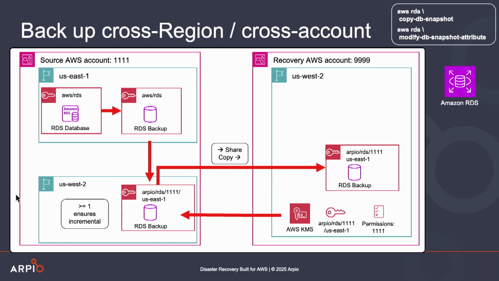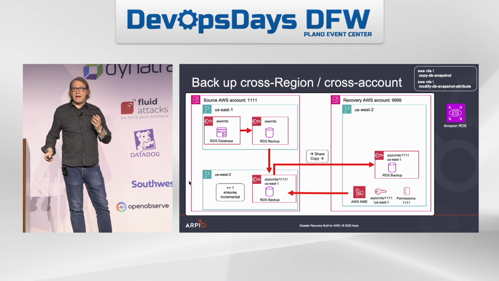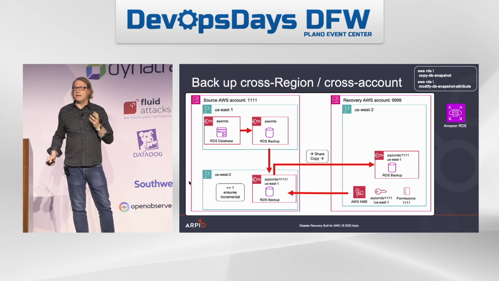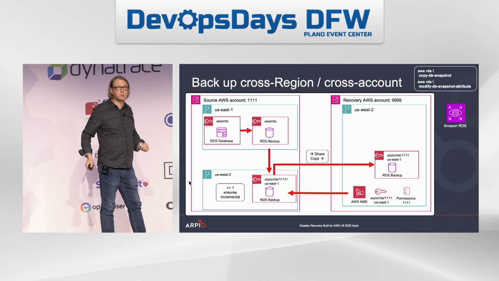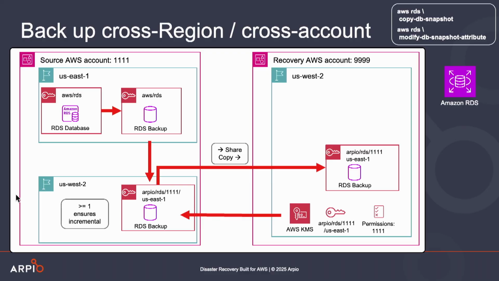You see the commands in the upper right-hand corner of the screen? AWS gives you powerful tools. It gives you the ability to copy snapshots, it gives you the ability to encrypt them, it gives you the ability to share them. So I'm just making use of these tools that AWS has given us to now copy this. Now we have an encrypted database in the recovery environment, encrypted with a key from the recovery environment. And as long as we maintain at least one copy in that intermediate environment, you see where it says greater than or equal to 1 ensures incremental. As long as we have at least one copy there, it'll be incremental. So it meets our encryption requirement and our incremental requirement. Now, when you actually need to recover, you're going to restore that database, and now you're back up and running.